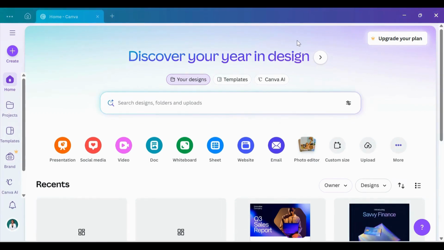Let's analyze this first page that you get to see whenever you open the app in your mobile phone or whenever you open the website in your laptop. This is the home page, and it's actually the first thing that even my friend saw. And you see here right at the top, there's this big invitation that says, "Discover your year in design." It has an arrow on the right here,